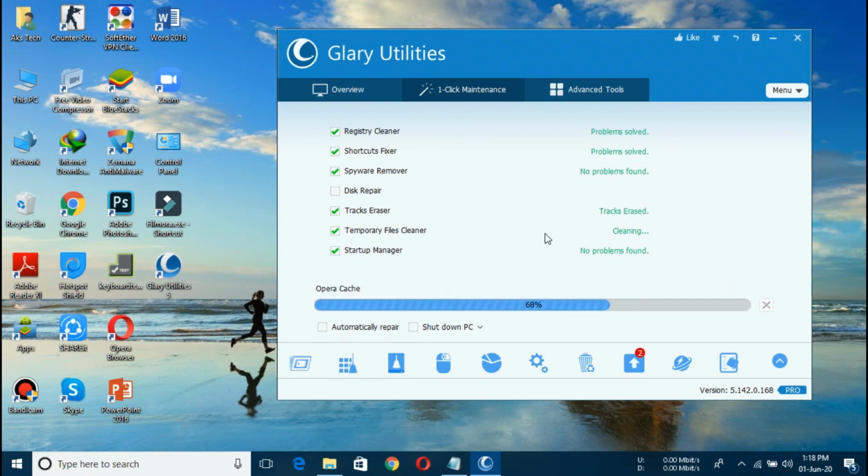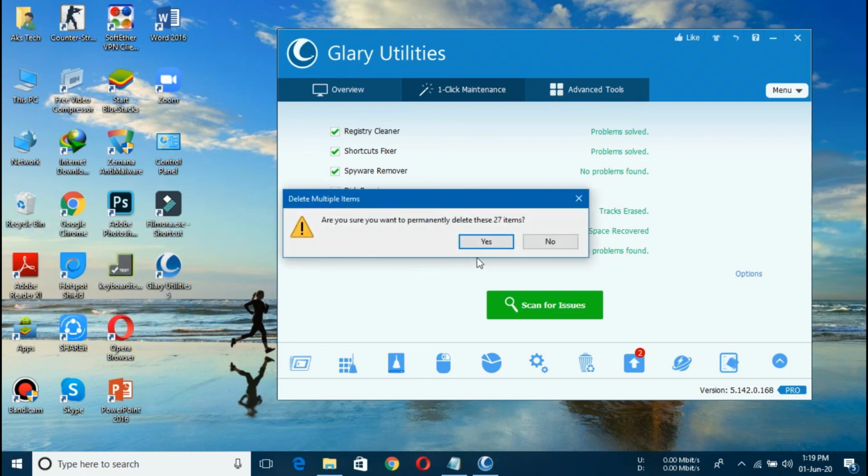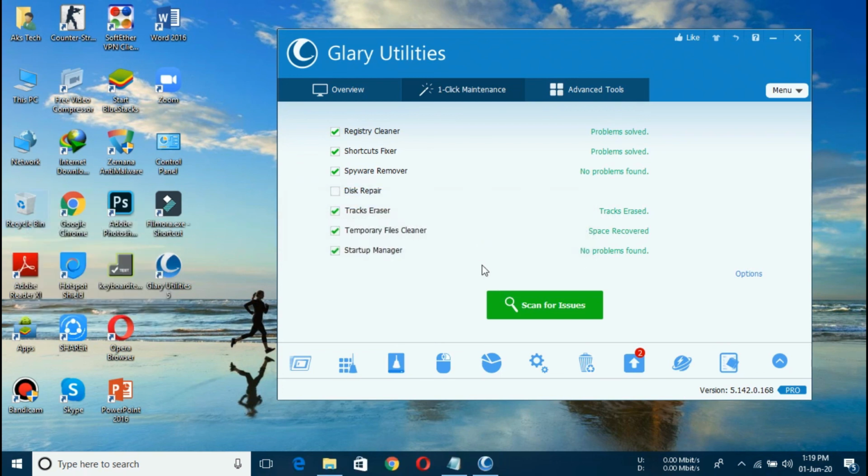And temporary files are being cleaned as well. So now it's saying that space has been recovered. Now it's saying that tracks have been erased and these tracks are available in my recycle bin. So I will empty the recycle bin so the tracks can be removed permanently.